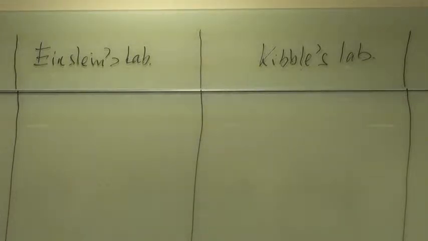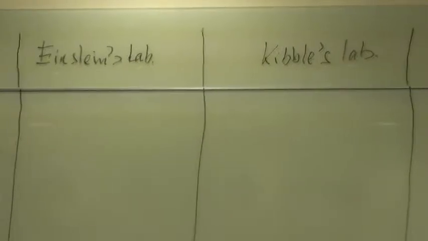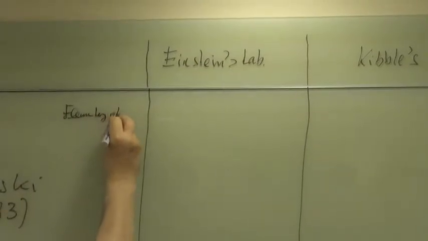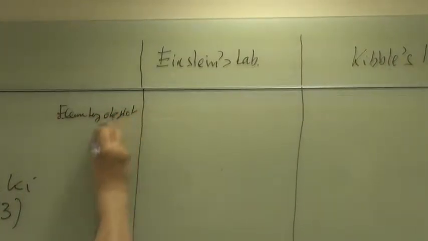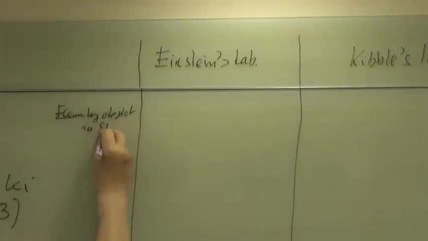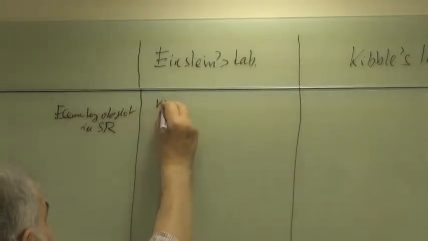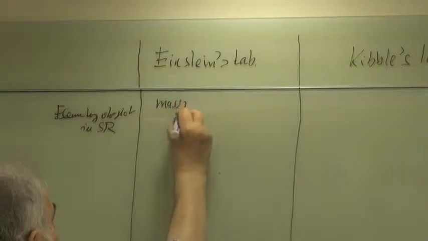Okay, so what is the elementary object in special relativity? The elementary object in special relativity is, in Einstein's laboratory, a mass point,